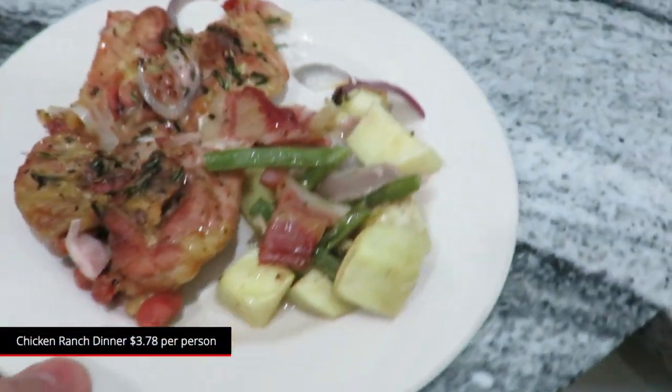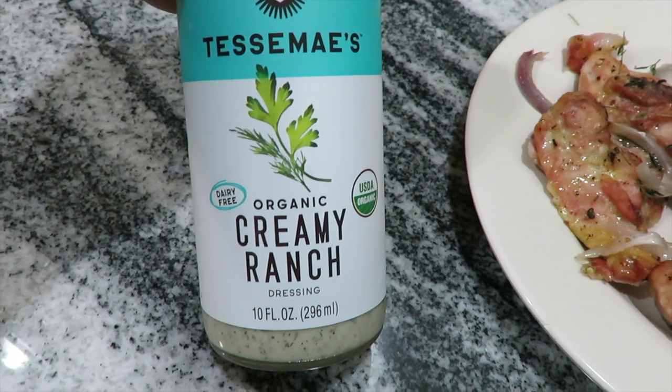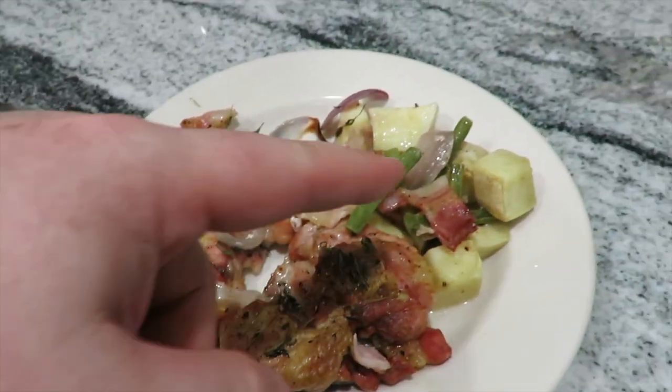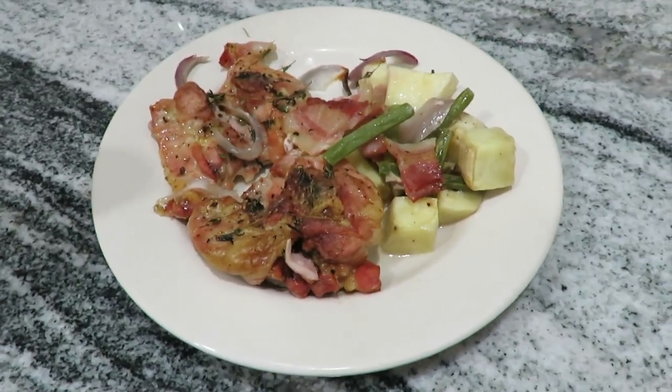Got a plate right here. That's what we got going for a done deal. And then it's optional to go ahead and put this Tresemmé organic creamy ranch dressing. You kind of just drizzle it over the top of it. Makes it your chicken bacon ranch. That's what's for dinner on